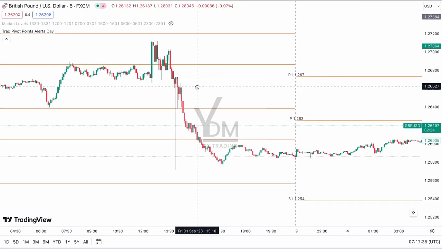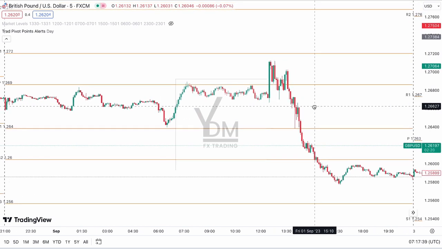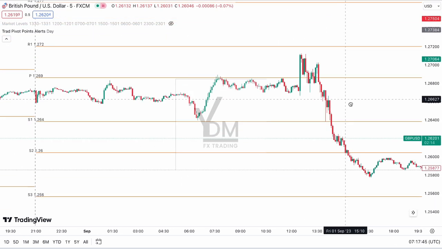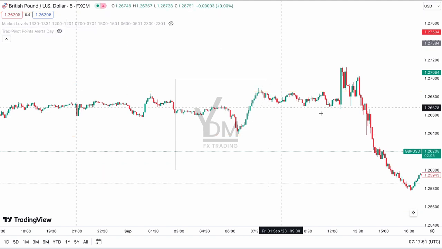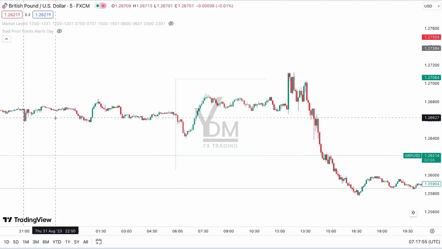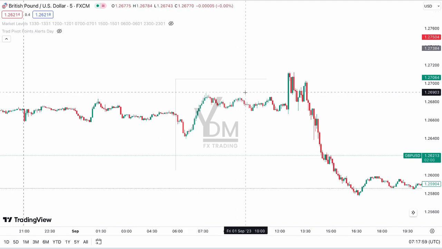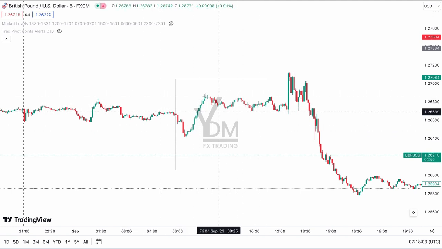I'd like to share this tip with you, and I believe it's something that you can easily relate with. As you can see, this was last week Friday, the 1st of September 2023, and this is Monday as well. Let me take this up so we can have a clean chart right here. This is GBP USD, and this method actually works really well if you understand